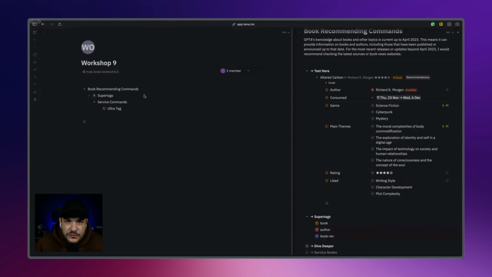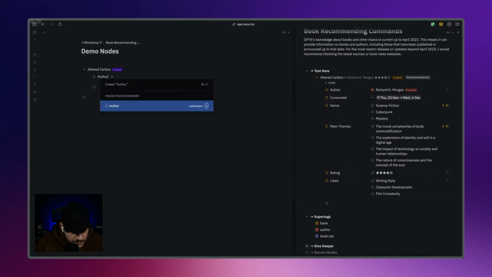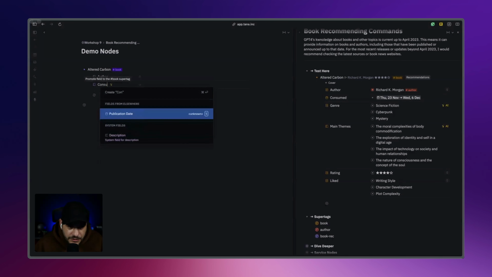There is nothing to catch anywhere around your graph, and that's super important. Okay, so here we're going to go with demo nodes, and we can work here. I'm going to recreate the same example. Yes, this is the super tag, and we can go ahead and create our structure. So we're going to need author, then we're going to need